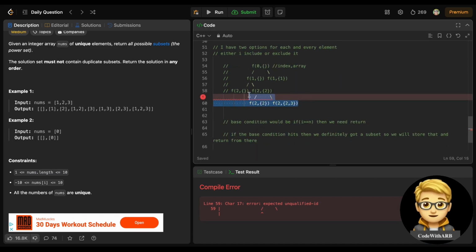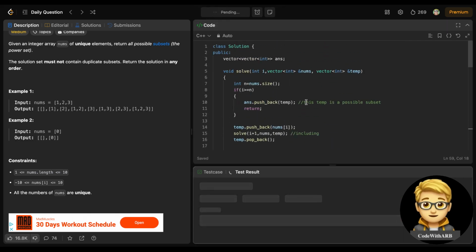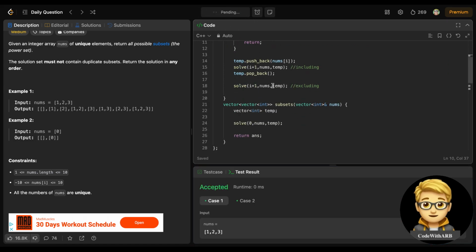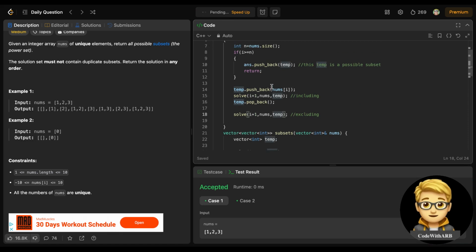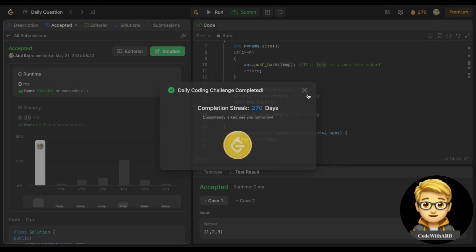Okay. Commented out. Now this should work. Yeah, we have successfully passed the sample case. Let's submit it. I hope it will not give any error. Yeah, we have passed this question.